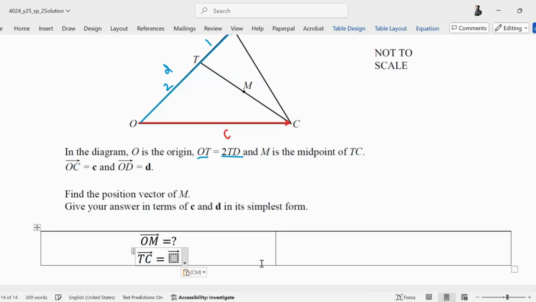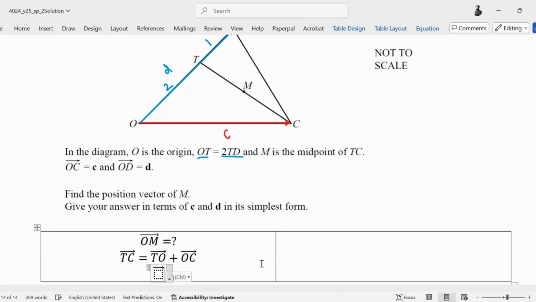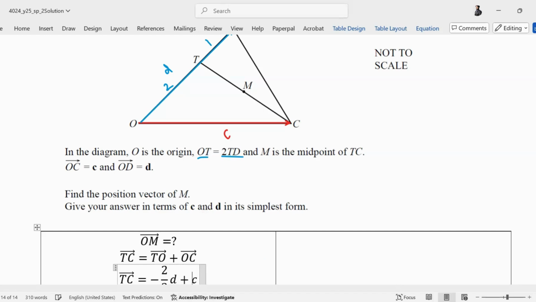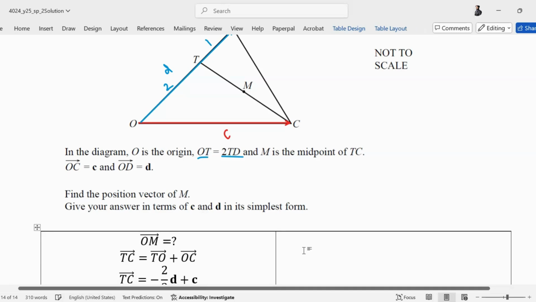TC can be found by taking TO plus OC. So TC, TO is 2/3 and it is in the opposite direction. So it is 2/3 of D, negative 2/3 of D, and OC is C. This is how we can find TC. And now we know that